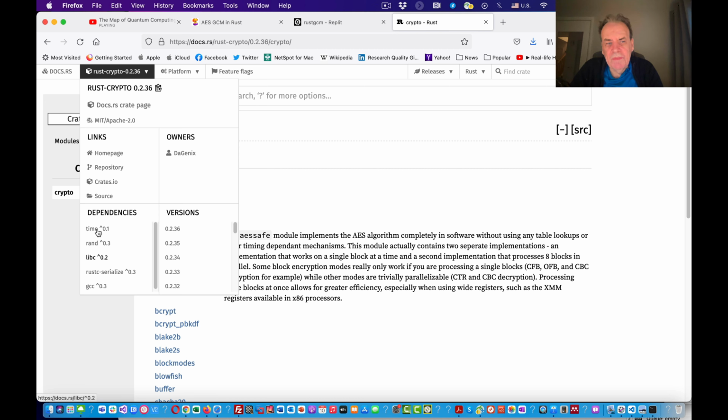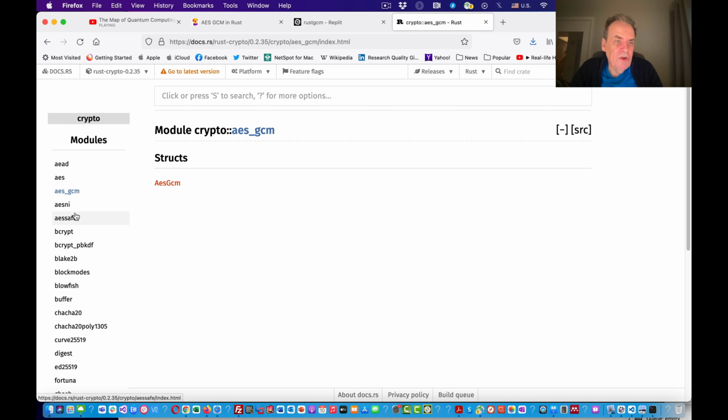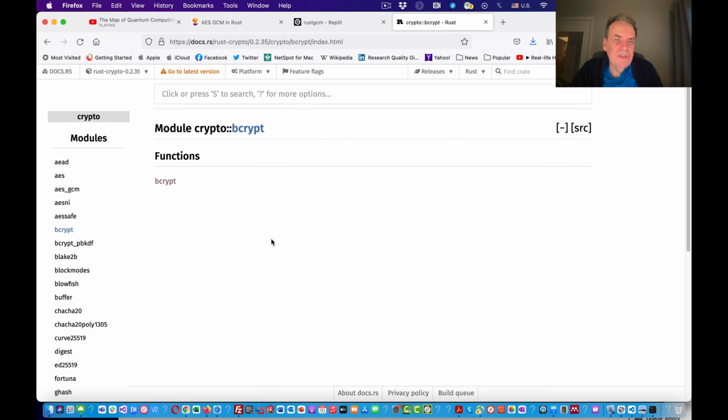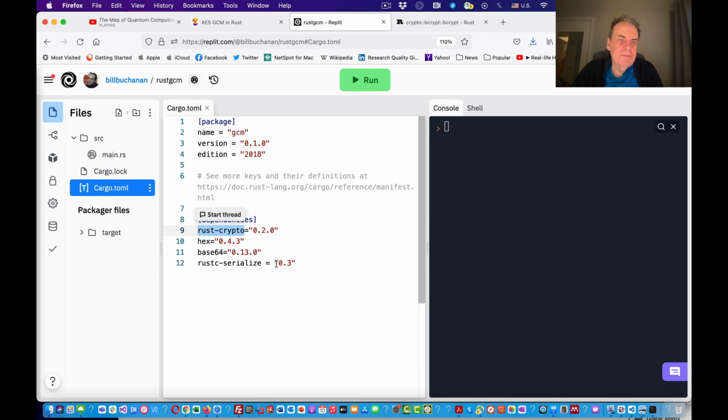It also shows us the dependencies and the other libraries that we'll bring in. We might not want to bring in some of the dependencies, so we can make a choice as to what version we're going to bring in. In this case, here we have 0.2.35 and so on. We can click on it and have a look at the methods that are used, and hopefully understand the basic syntax of it. I'll try to explain what these elements actually mean as we go through the code.